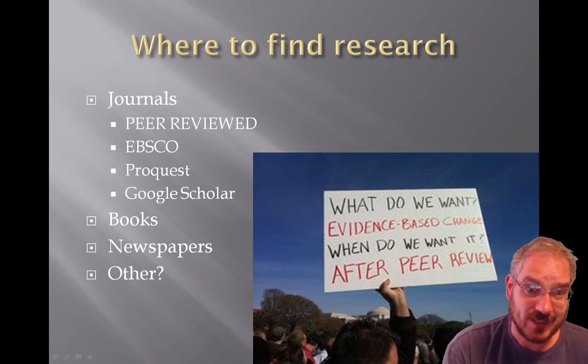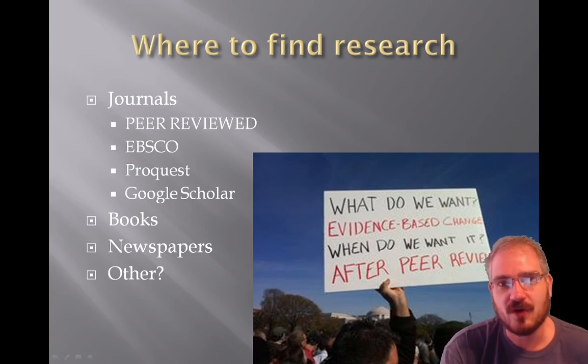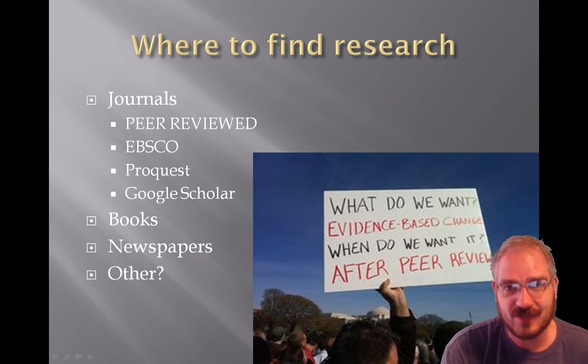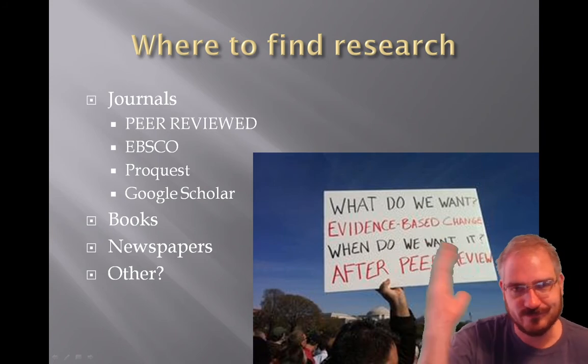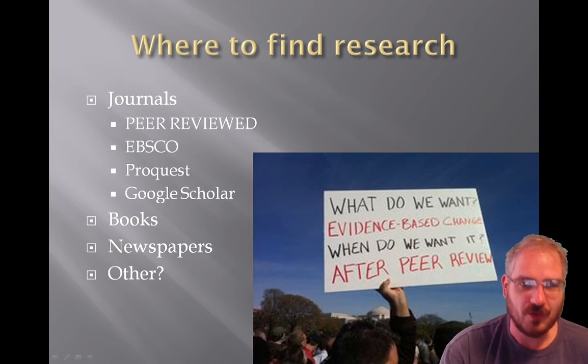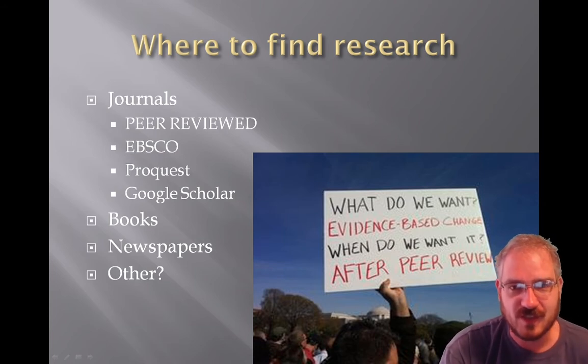The best place to find these things, if your institution has access to it, are EBSCO and ProQuest. These are databases of academic journals, right? So you can just do a search for, if you're writing a paper on, I don't know, the American Revolution, you can go to those and do a database search on American Revolution and George Washington and John Adams and all those different subjects, and see what journal articles are there for you to read for that. Google Scholar is another good source.